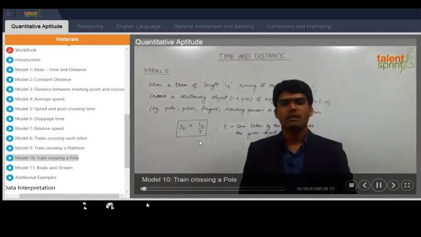Let us now take the next model from time and distance, where a train running